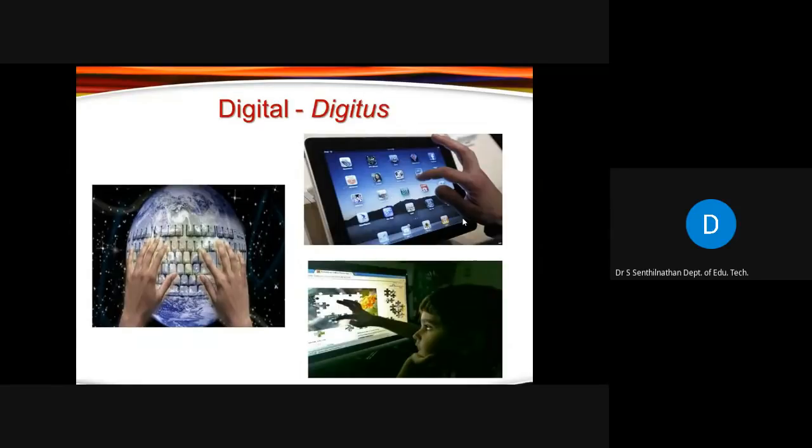Whatever is the case, whether you look at it this way or that way, it doesn't matter. Both are right here. All these technologies are basically on a binary code, and all these technologies are manipulated and used through digital fingertips. So when we integrate these digital technologies, digital resources and digital gadgets into human learning, then there is something called digital learning. We will explain it in detail.